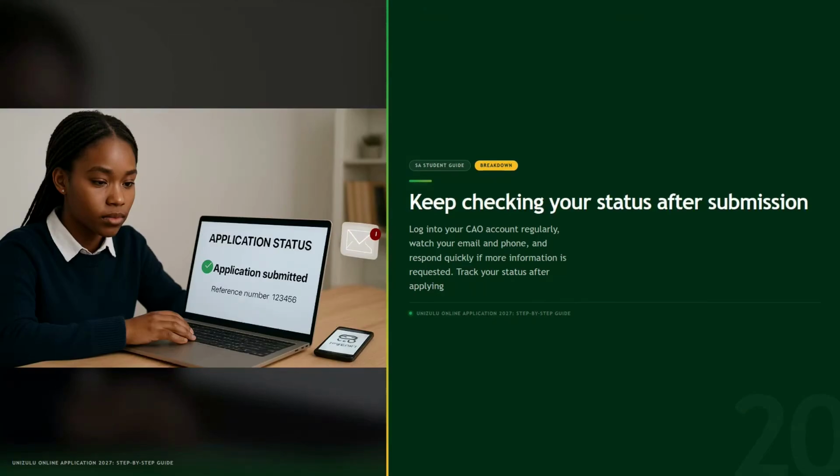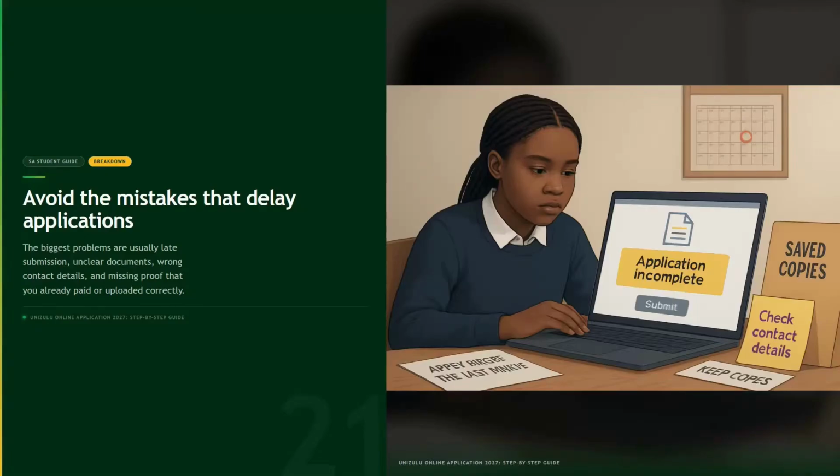inquiries. After applying, you should regularly monitor your application status. The easiest way to do this is by logging into your CAO account using your reference details. You should also keep an eye on your email inbox and mobile phone, because important updates are often sent electronically. If the university requests additional information or documents, responding quickly can help prevent unnecessary delays in the processing of your